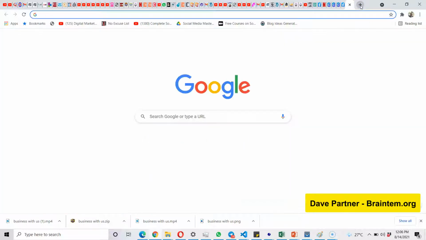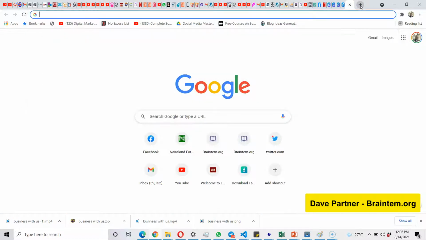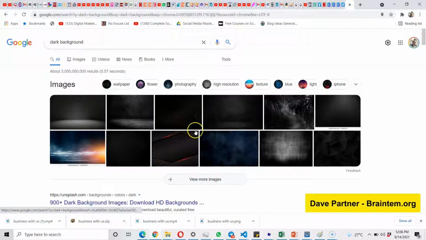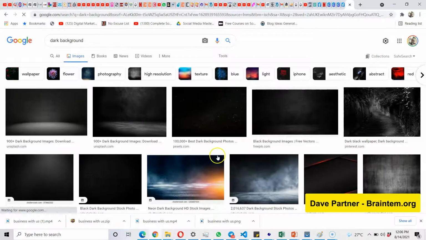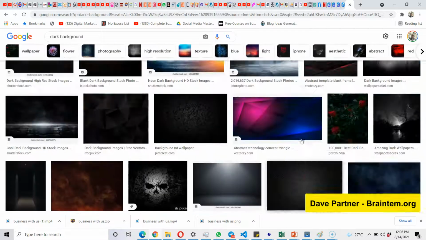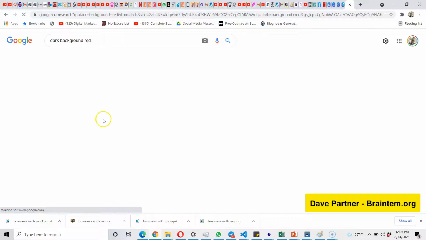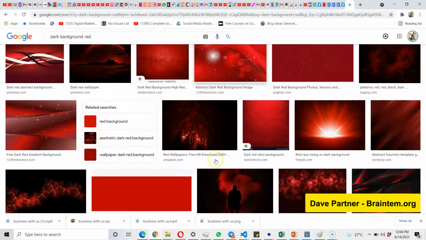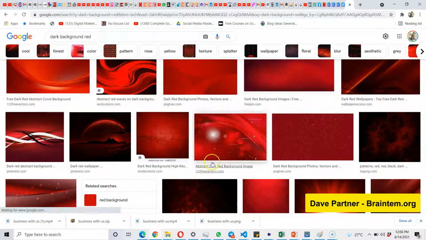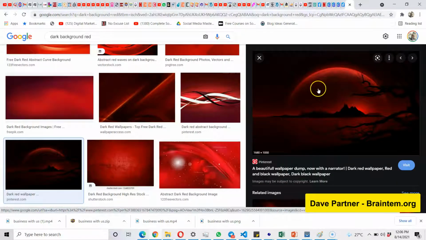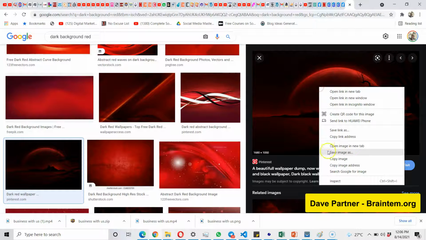So if I want a way to write text, I can put a background here. So if I go to Google, I can say dark background. Enter. So this dark background, I see many dark backgrounds, but if I click on images, I will see many more. Many more. Really cool. Now if I want it to be red, I can say dark background red, or red dark background, anyone, you see. If you want it to be blue, the same thing. So I'm just gonna choose anyone that makes sense to me. This doesn't make sense, but I'm just using it for this guide. So I'll click copy,